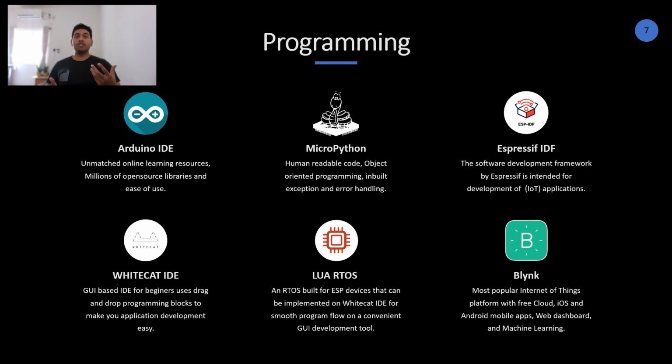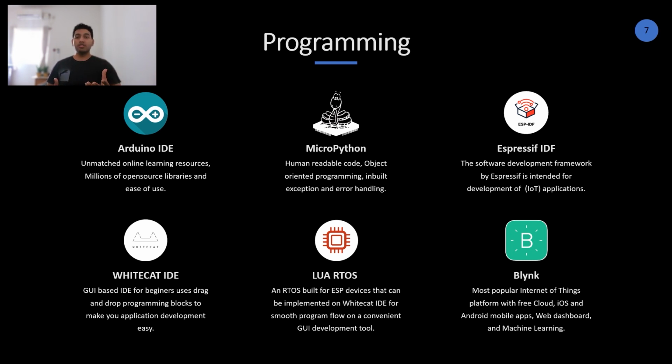Now talking about Blink, let's say you downlink some data to your ground station and you want to display this data on a graphical user interface. You can use Blink because Blink is an IoT tool that lets you add a graphical user interface to any kind of device that you want. You have a mobile application where you can design your graphical interface using drag and drop. You can put on gauges. You can put on text displays. You can add buttons. You can send data to your CANSAT by clicking these buttons, depending on the kind of firmware that you write.